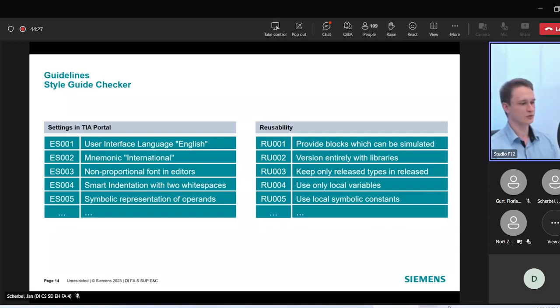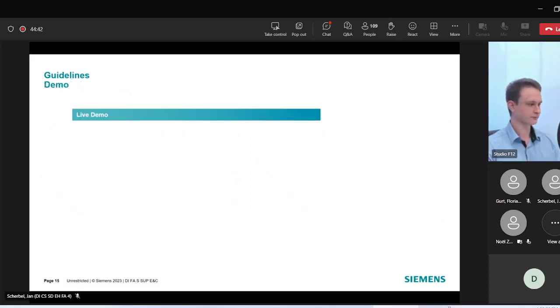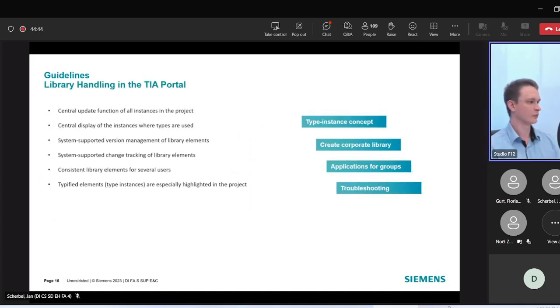And of course, the reusability, we talked about this earlier. The library versioning makes sense. We'll have a look at this also in the next minutes, and there are many more rules to apply. Okay, library handling in general in the TIA portal is a very important part and a key point, and also standardization,